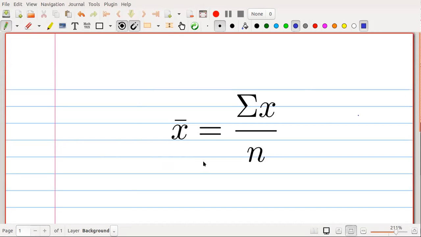Teacher? Yep. I'm sorry, can you please repeat the explanation of this formula? Okay, so this symbol here,